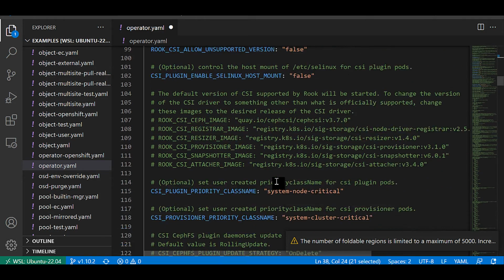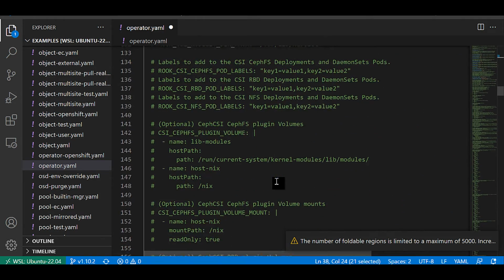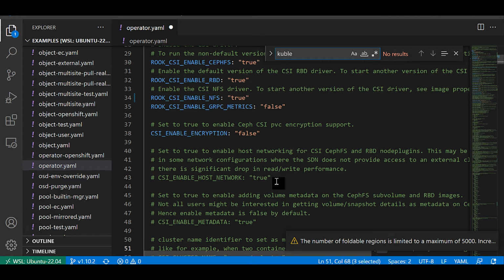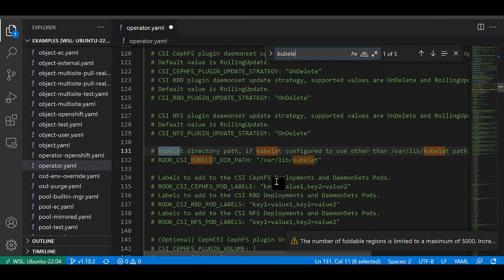Remaining things. One important thing relevant here is the Rook CSI kubelet directory path. By default they take it from /var/lib/kubelet. I'm using vanilla Kubernetes, so it's not a problem because my kubelet is in the same place.